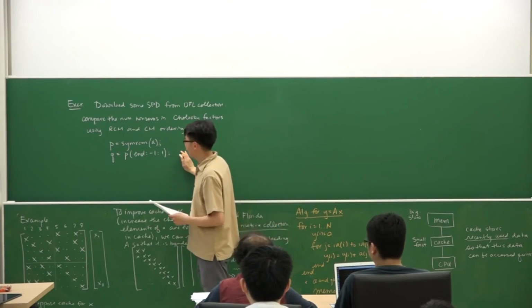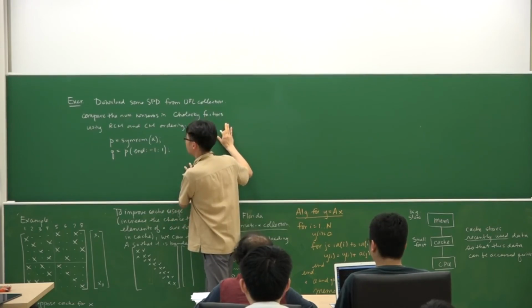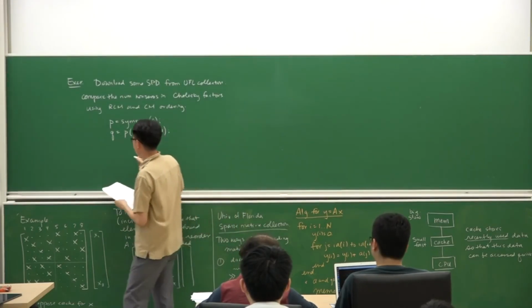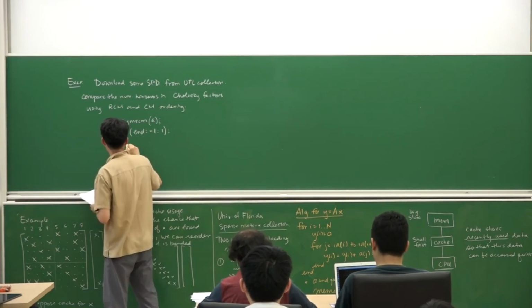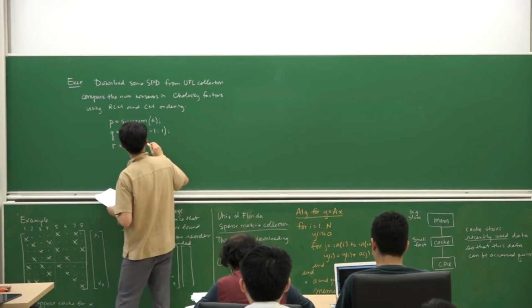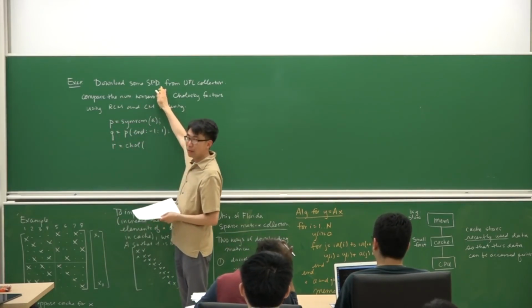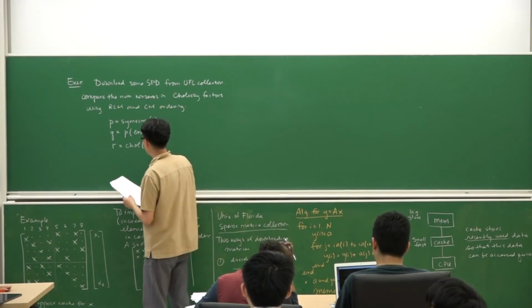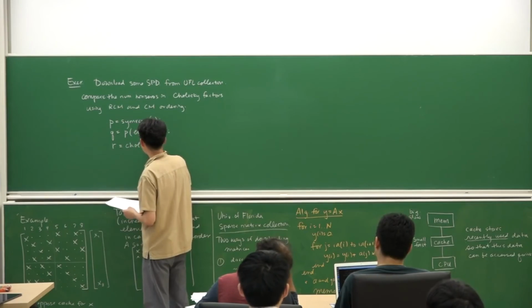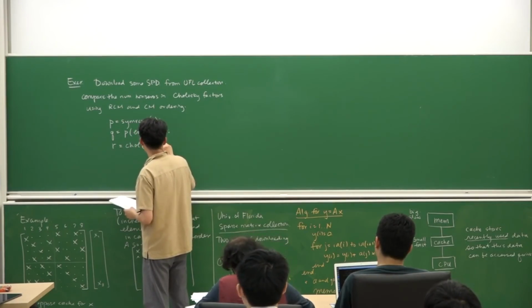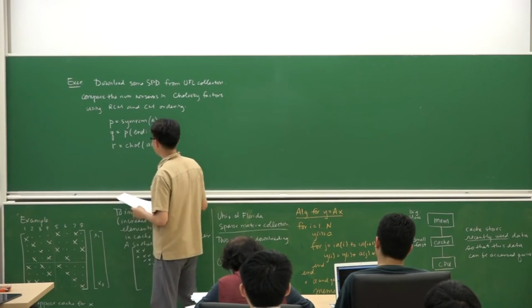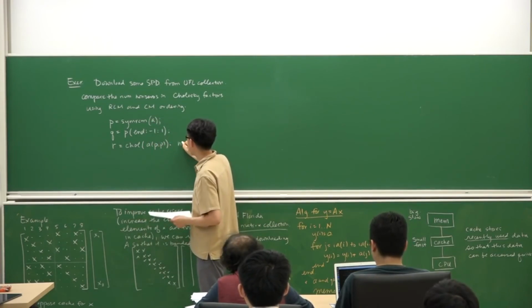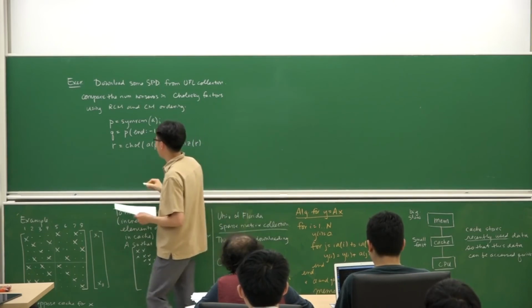And then compute the Cholesky factor. And this is why you're downloading symmetric positive definite ones, because you want to make sure that you have a Cholesky factor that exists, or that you can compute a Cholesky factor. Okay, so compute the Cholesky factor and print out the number of non-zeros of that Cholesky factor,